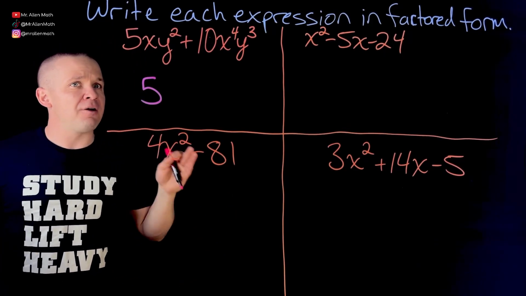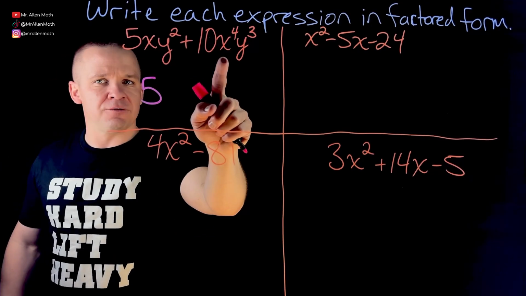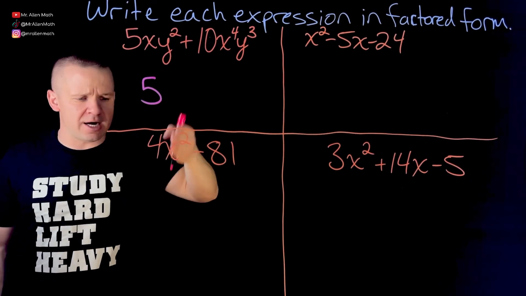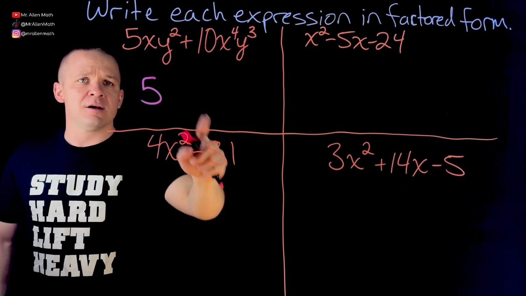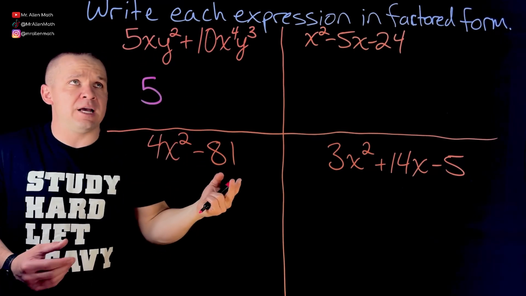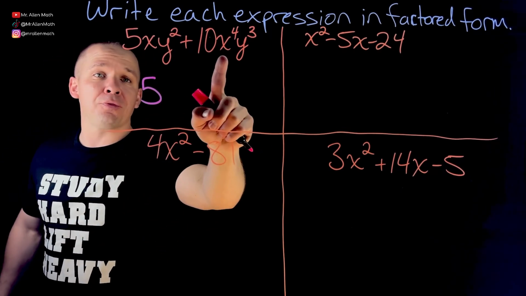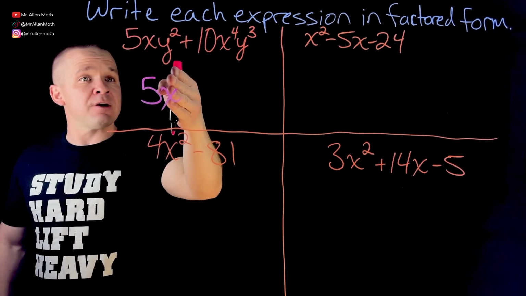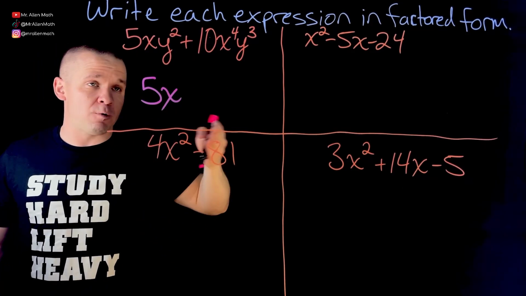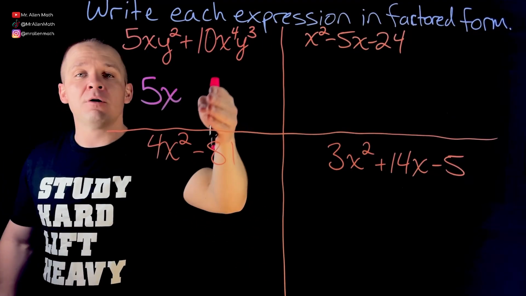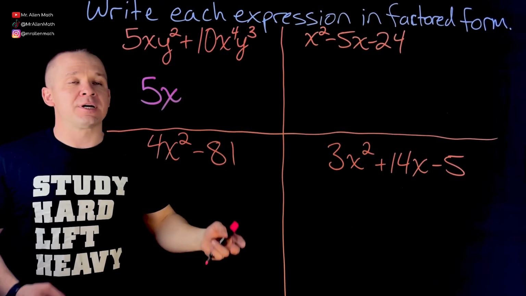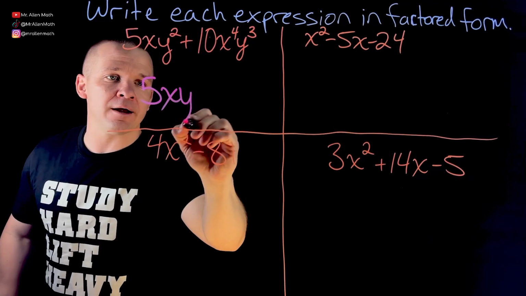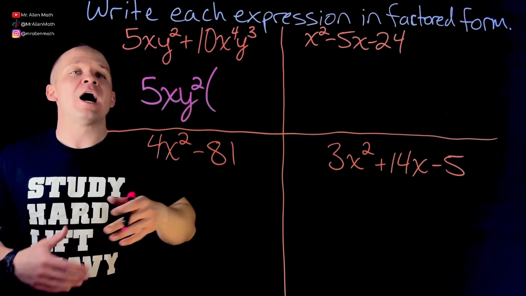Then I'm going to start looking at my variables. I've got x to the 4th. And x to the 4th is essentially x times x times x times x. And x to the 1st is just 1x. So I can take out 1x, leaving behind 3 of them for this term. We'll get to that in a sec. So I'm going to take out an x. And then the same thing for my y's. I've got y squared, or y times y. I've got y cubed, or y times y times y. So I can take out 2 y's, or a y squared, and now I can get to what's left over